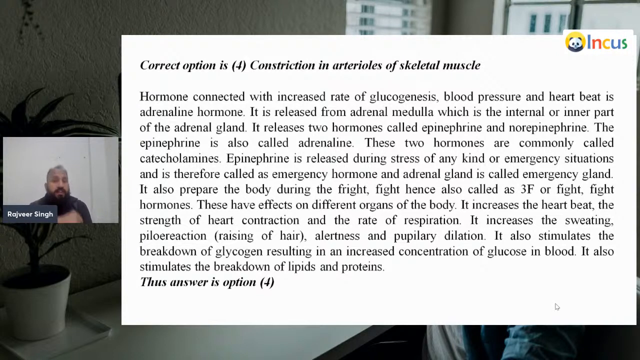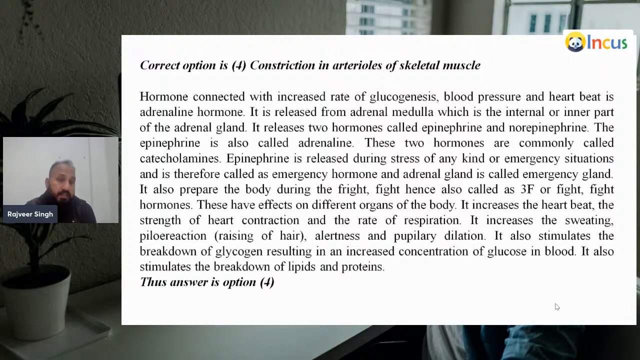Now, epinephrine is released during stress of any kind, an emergency situation, and is therefore called the emergency hormone, and the adrenal gland is called the emergency gland. It also prepares the body during fight and flight. Hence it is called the triple F, which means fight, flight, fright hormone, right? So then after this,